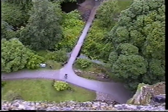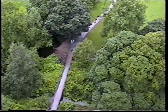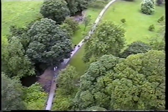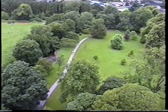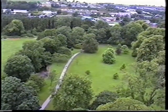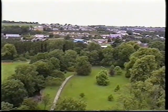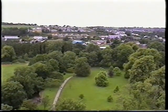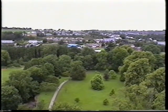This is looking down from the top of the castle, which we have finally made. There's where I took those earlier photographs. And that's the town of Blarney in the background. Well known for the woolen mills and the Aran sweaters that they...